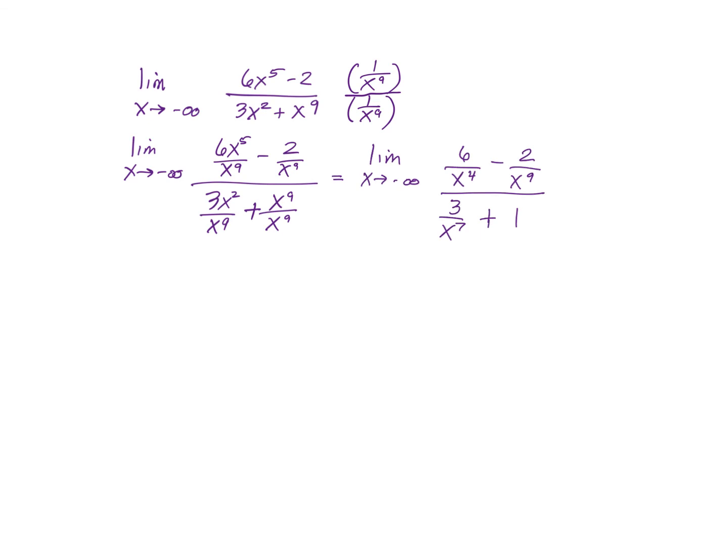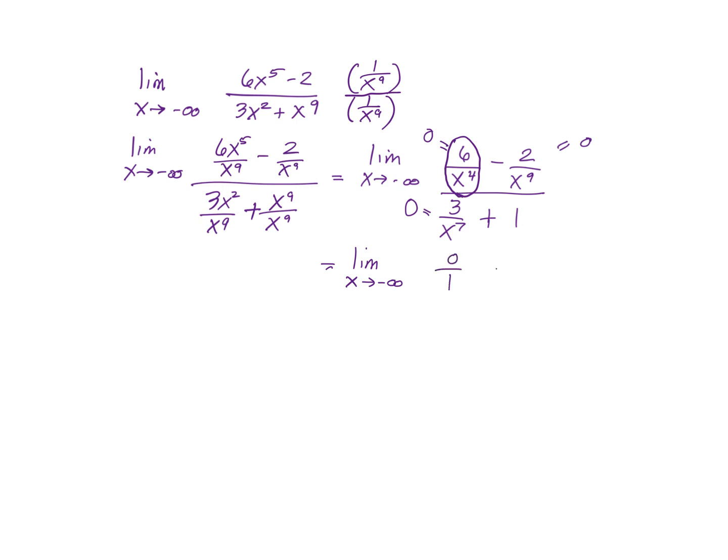All right, so now as we get very, very large negative values, these terms are all going to go to 0, aren't they? And again, you can prove this to yourself if you need to: plug in some large values for x and see what happens to this term right here. You'll see it gets smaller and smaller. It's going to go to 0. And then this one will also go to 0, and the only one that doesn't go to 0 is the 1. So what we get is the limit as x approaches negative infinity of